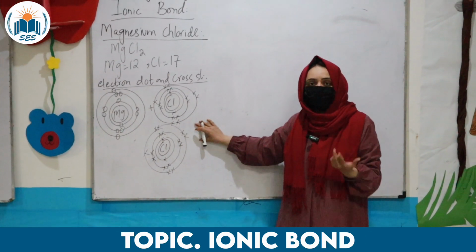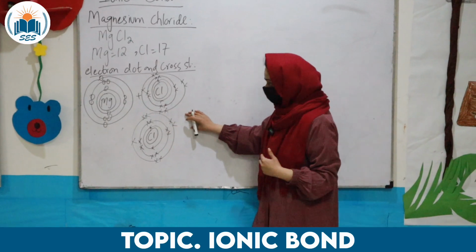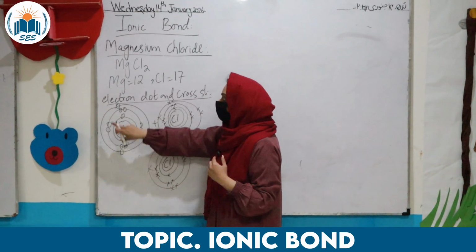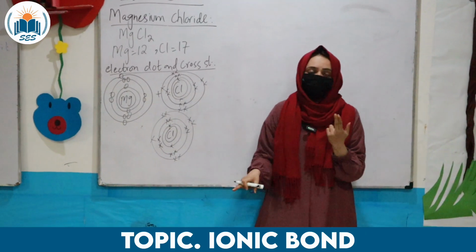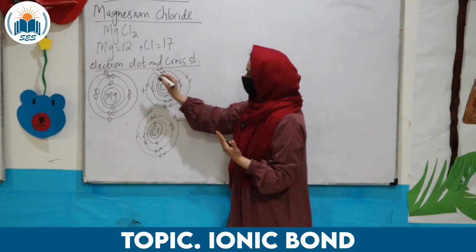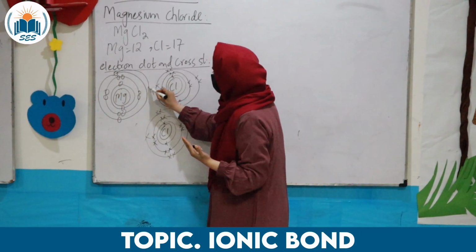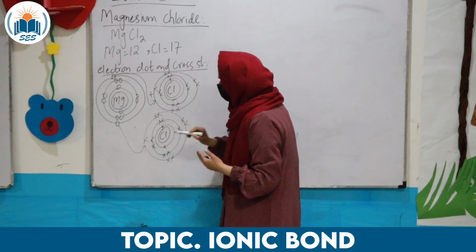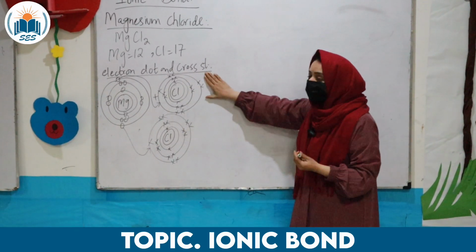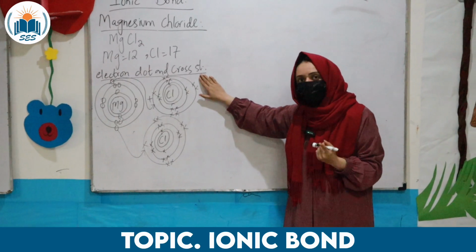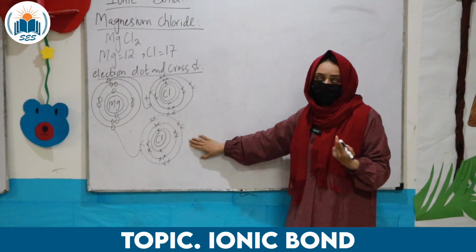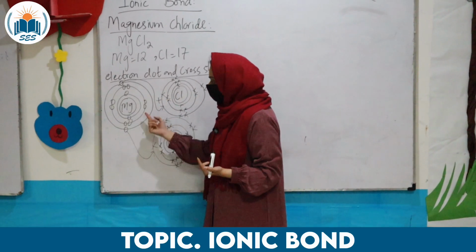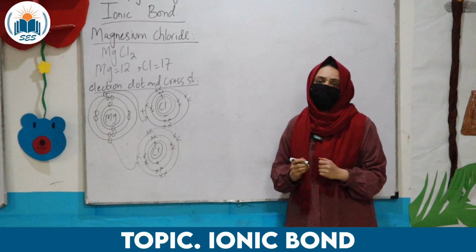As you can see, magnesium is a metal and always tends to lose electrons, and chlorine is a non-metal, it has the tendency to accept electrons. How many electrons will be lost by magnesium? Magnesium has 2 electrons in its valence shell, so it will lose 2 electrons. It will donate 1 electron to one chlorine atom, another electron to another chlorine atom, because chlorine needs 1 electron in order to complete its octet, while the other chlorine also needs 1 electron in order to complete its octet. When magnesium loses 2 electrons, its octet would also be completed.